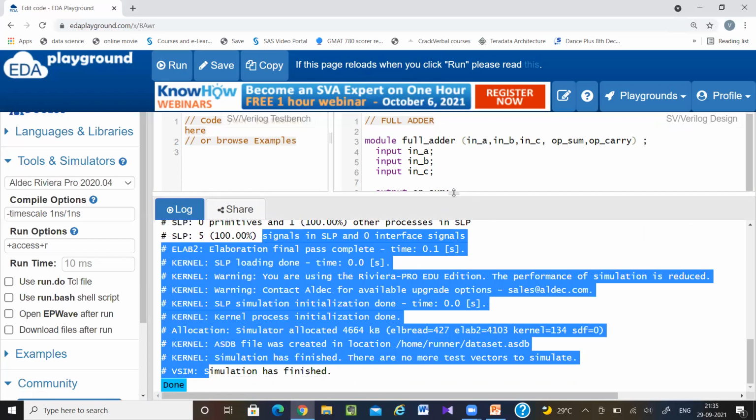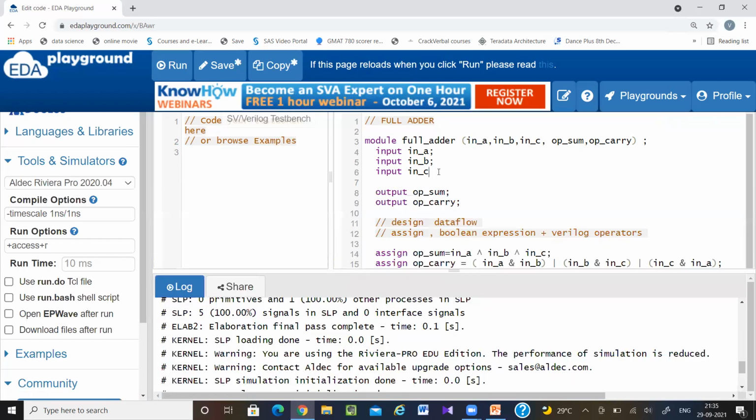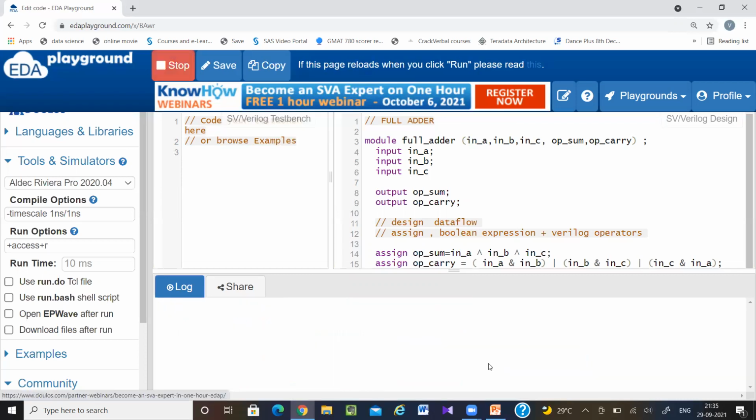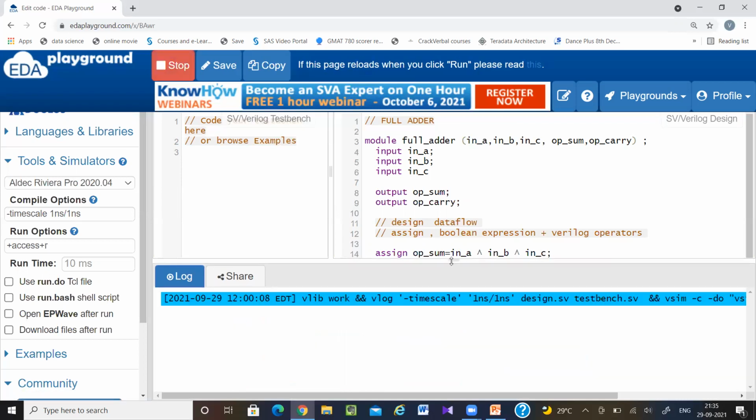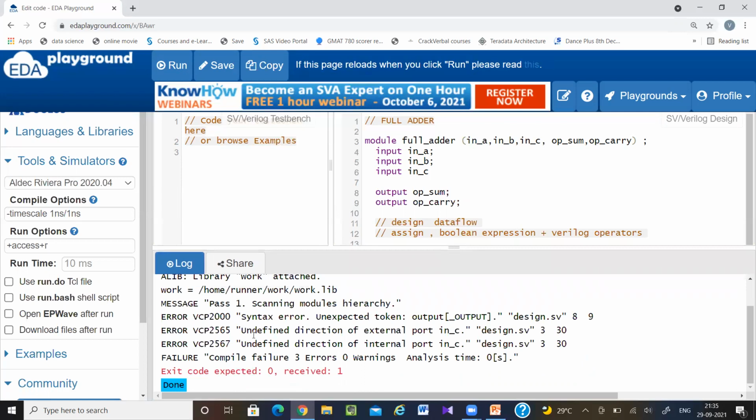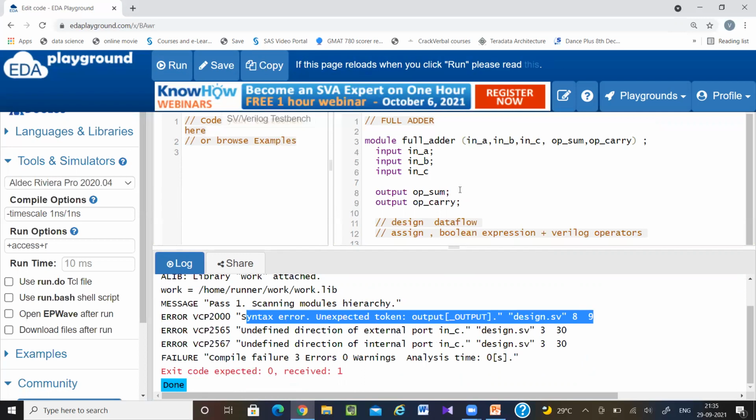Let me intentionally introduce an error. This comma I have missed. Now here you can see a syntax error. It is giving a syntax error because it is unable to understand what this is, because this statement is not ended yet.